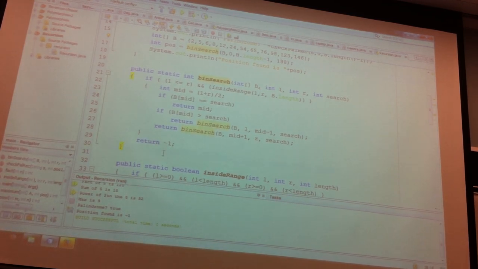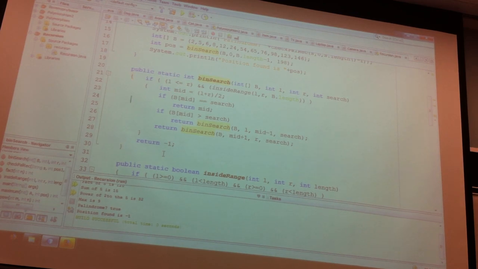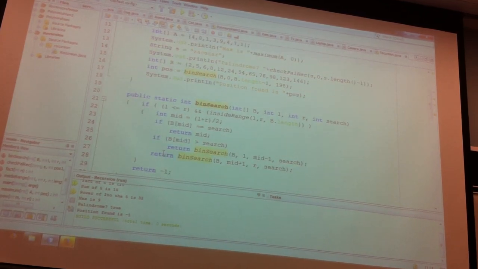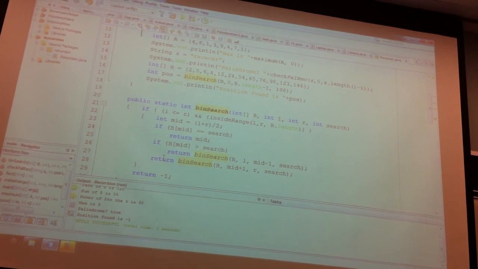Nobody's scared of the exam. The recursion is tricky. I'm not gonna lie to you. It's not that simple. But